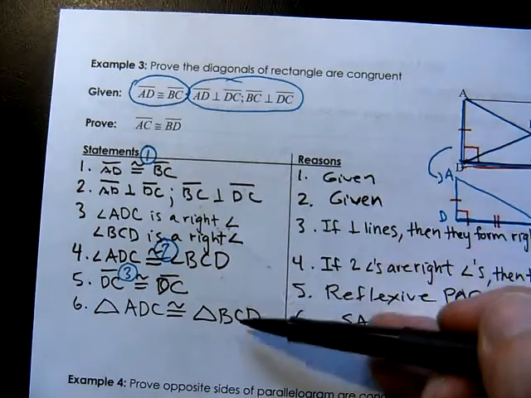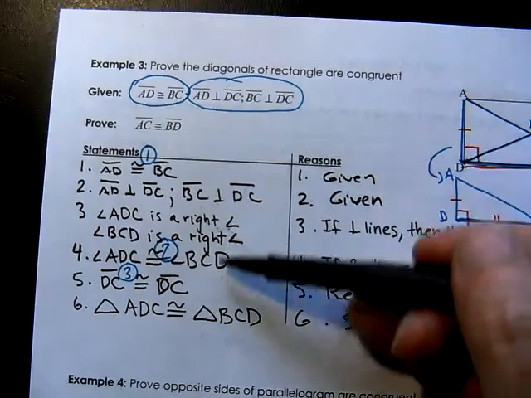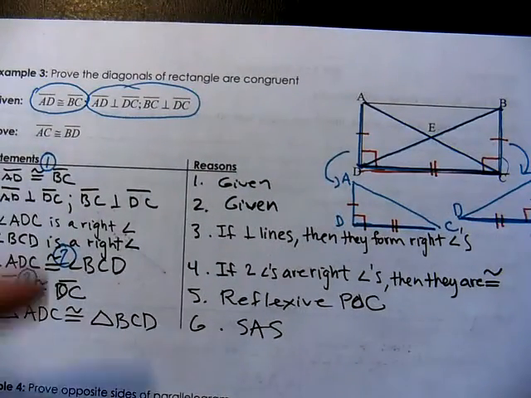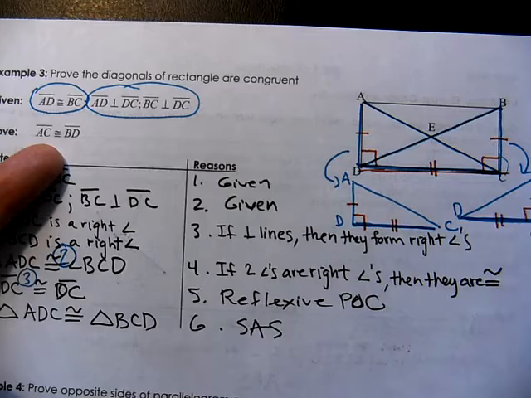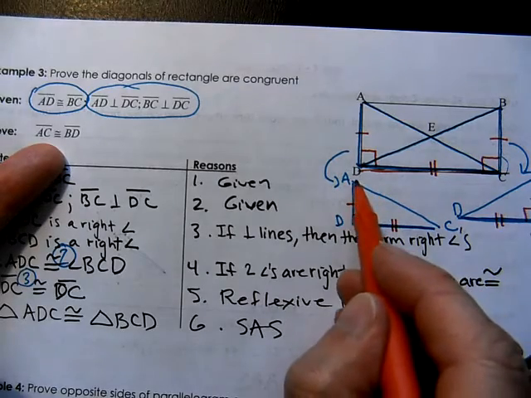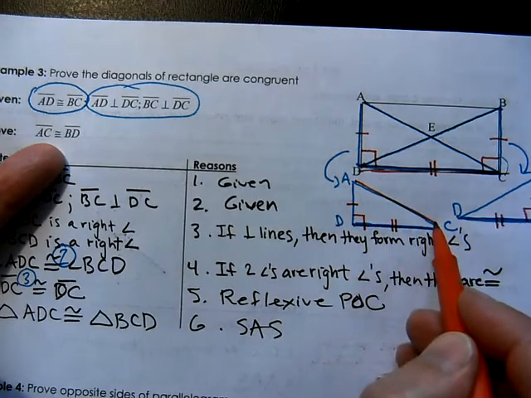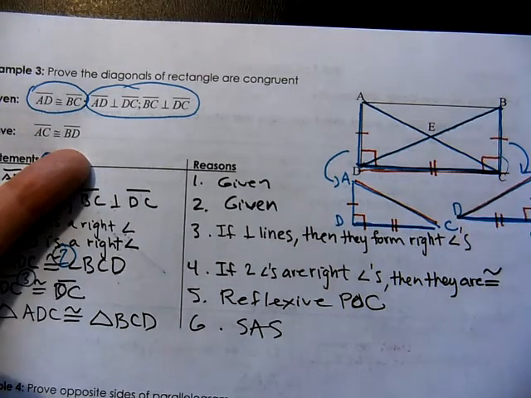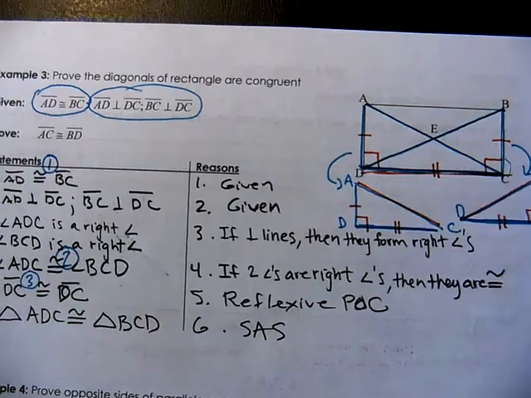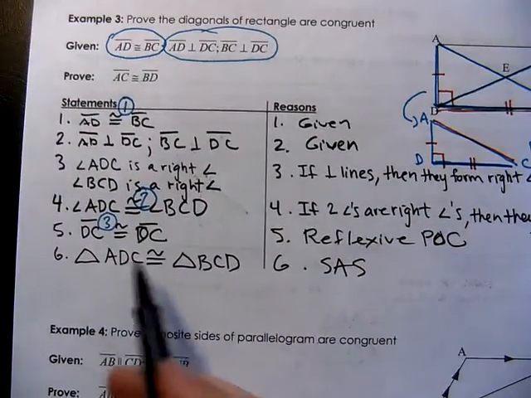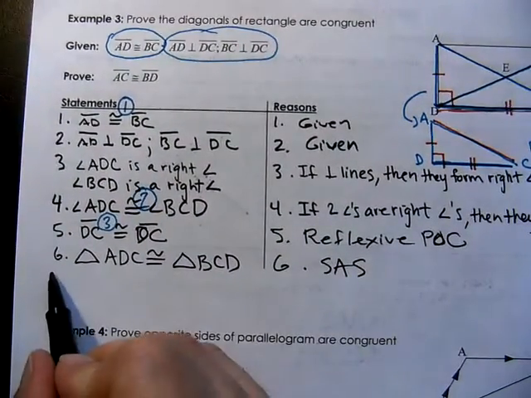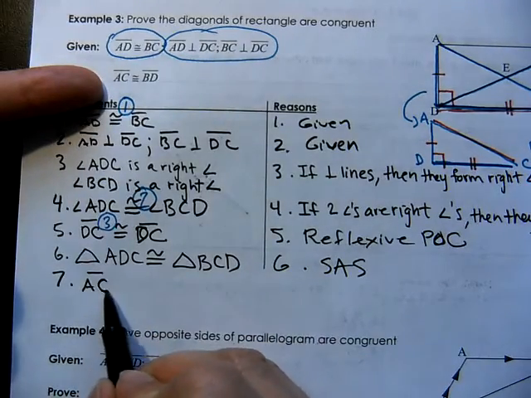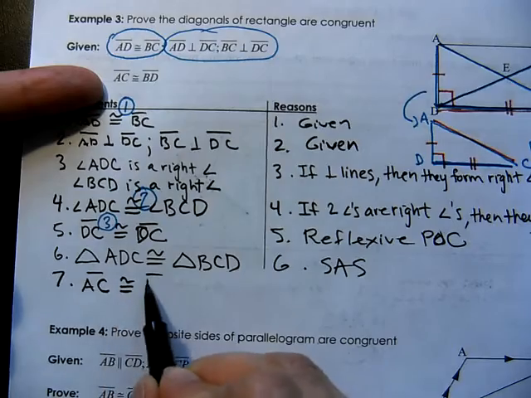First, show the triangles are congruent, and I've been focusing exclusively just on getting that done, because now if the triangles are congruent, now we can go back and say, well, what do we know about some of these other parts? What do we know about segment AC and BD? There's no markings on it, no tick marks, but are they going to be congruent? Now they will be, because they exist on congruent triangles. So here's the last line. We have proven that segment AC is congruent with segment BD